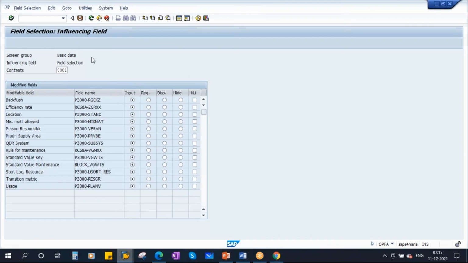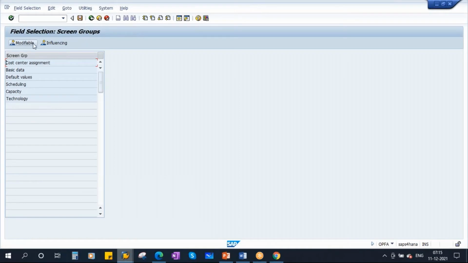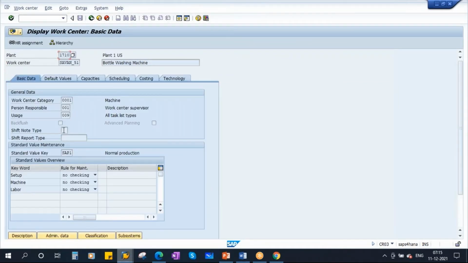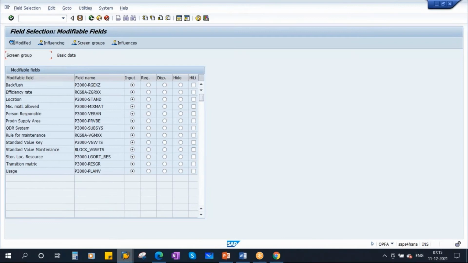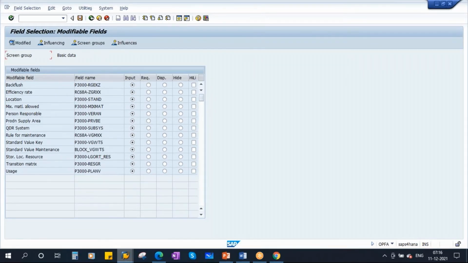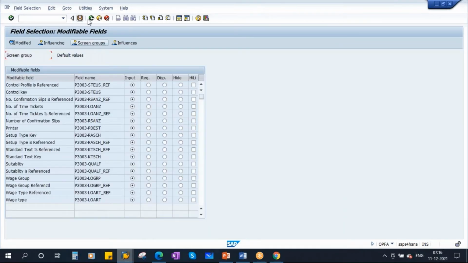Category machine only. This field should be available over there. Okay, I'll set this up later.